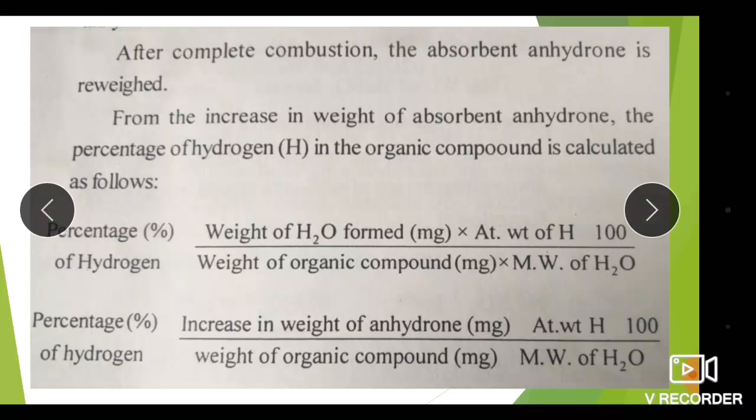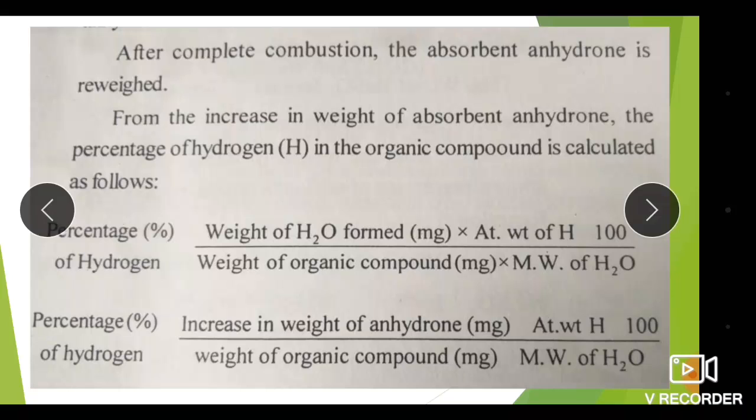We will get the water molecule. Then the vapors of water get absorbed on the water absorbent, calcium chloride. Anhydrous calcium chloride is nothing but anhydrone, and previously weighed anhydrone is taken, and after complete combustion the weight of